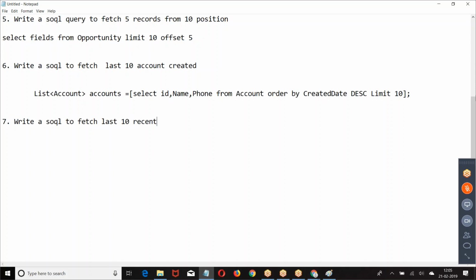Recently modified. Write a SOQL to fetch the last 10 recently modified records.